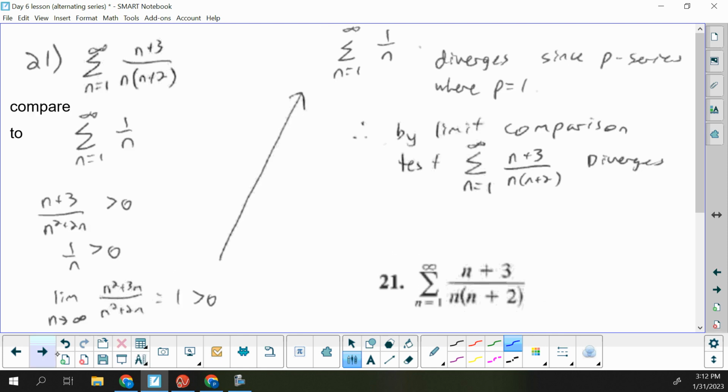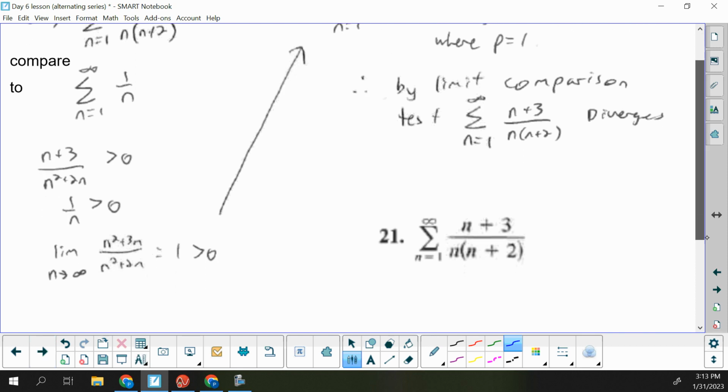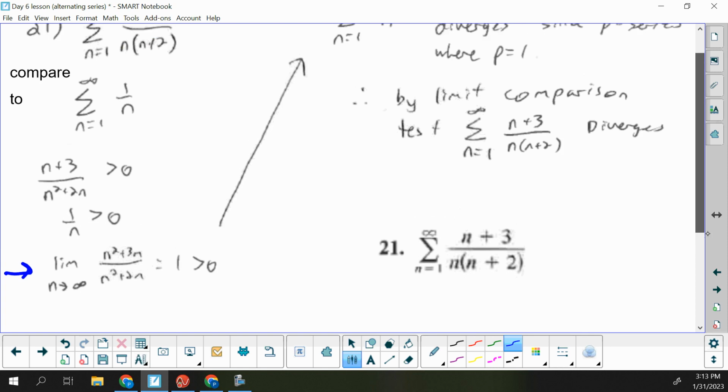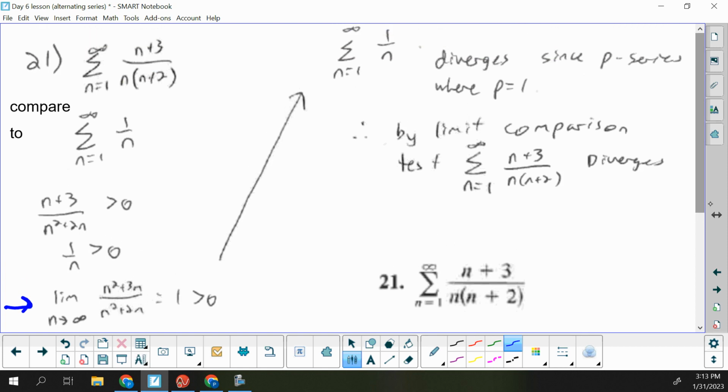21, if we distribute the n on the bottom, that's n squared plus 2n. So we have a gap of n to the first. So we'd want 1 over n to be our comparison. When you divide and do your keep change flip, an n essentially gets distributed through the numerator. Same degree, ratio of leading coefficients is 1. 1 is a positive finite constant, so limit comparison test tells us that our series will do the same as